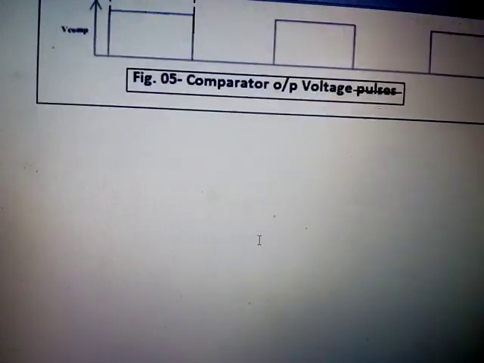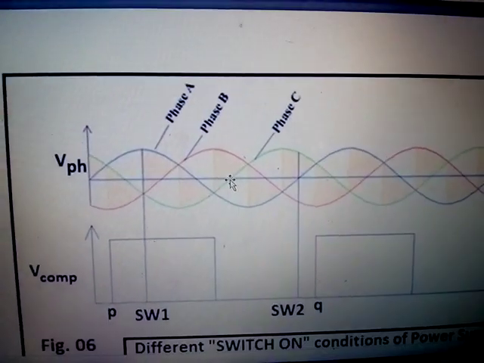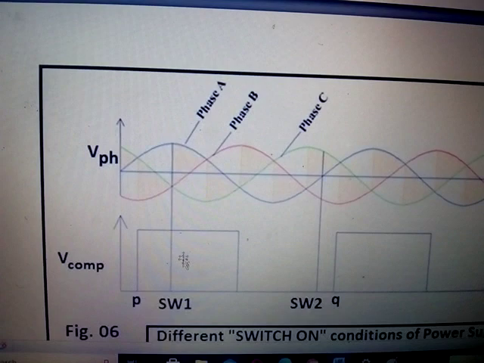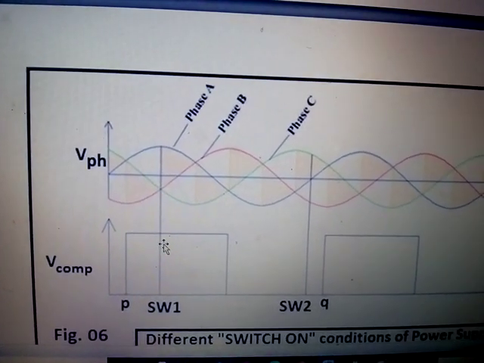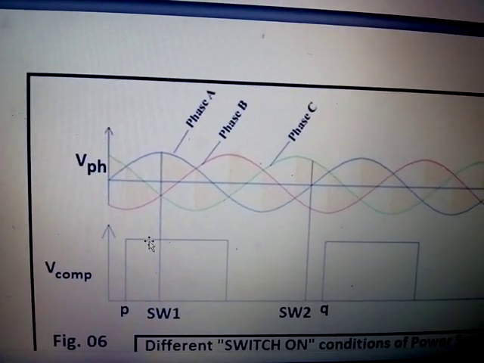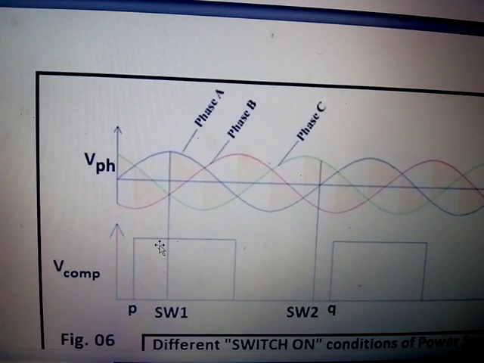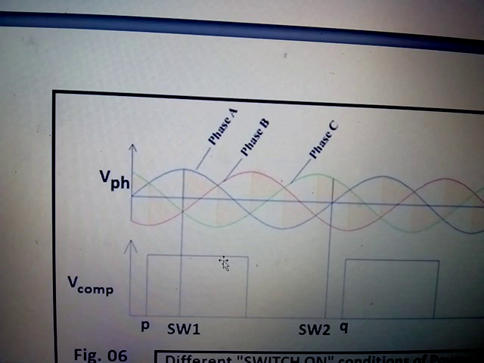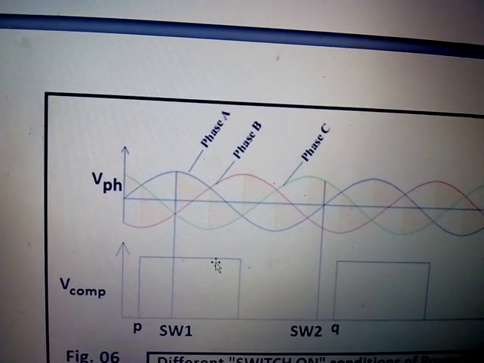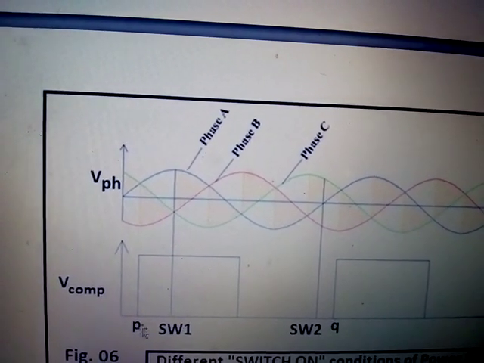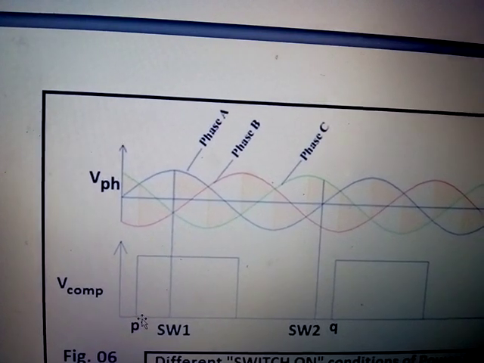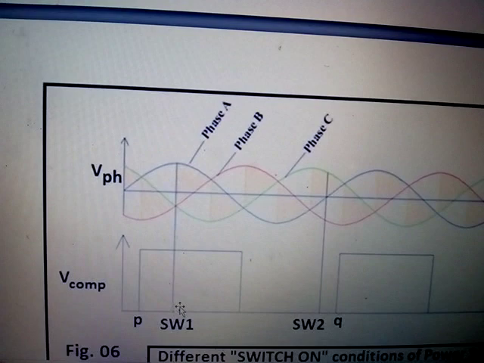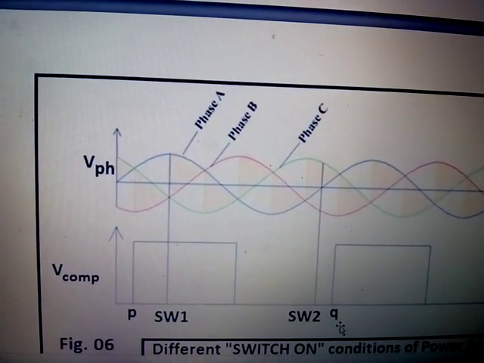Now we don't know when we are going to switch on the main supply. Suppose you have switched on here, immediately comparator output will be high, but you should not take this high as the reference point for calculating alpha, because the right point is P. It has already elapsed because you switched on the supply here. So you should take the next reference point, Q.